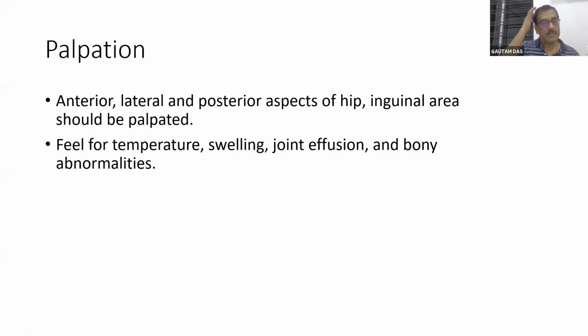Then palpation, again the similar principle. Everywhere in musculoskeletal pain we are palpating. That means we are palpating the muscle bulk for myofascial pain, then the insertion or origin of the muscles to assess enthesiopathies, that means the tendon where it is inserted, along with tendinopathies. Then we palpate the joint line, the capsules, the articular surface. In the hip we cannot palpate the articular surface; in the knee you can. We also palpate the different ligaments. So these are the areas of palpation.